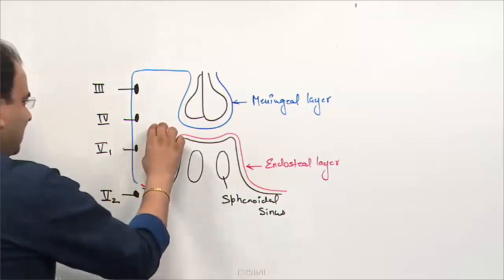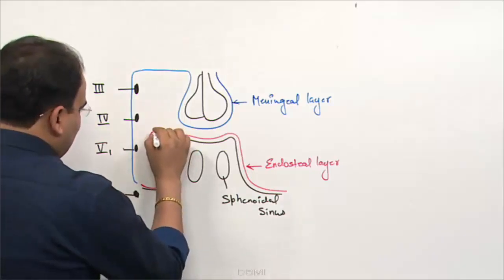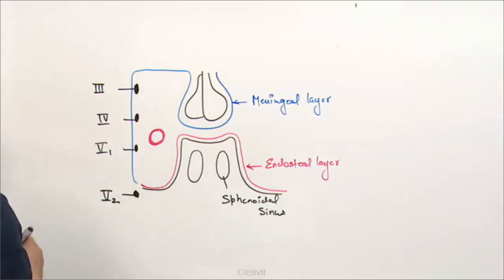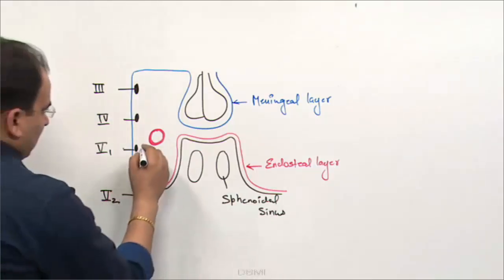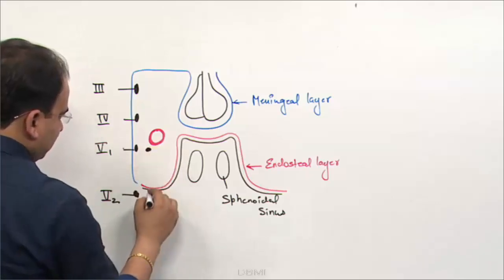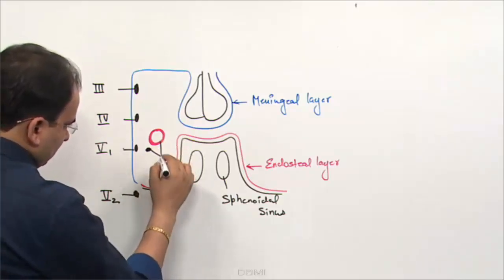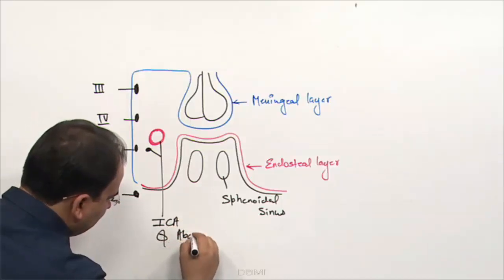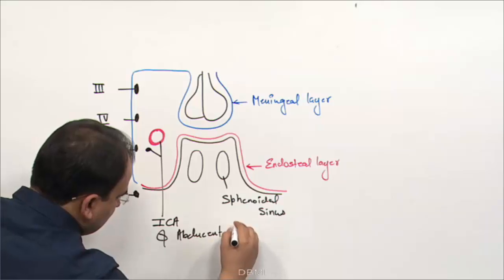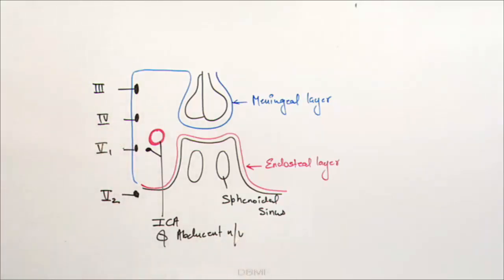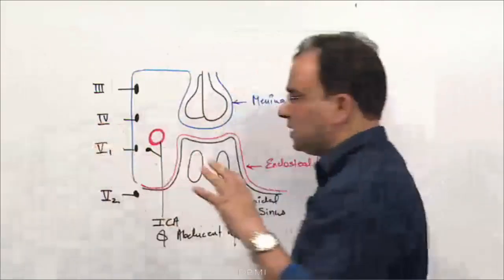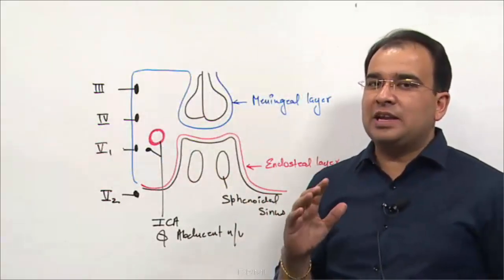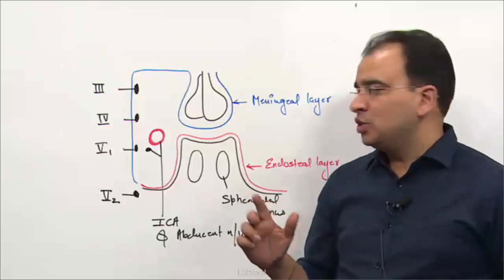The structures inside the cavernous sinus are the internal carotid artery and the abducens nerve. Guys, if you ever saw a carotid angiogram, then what you will see is that the internal carotid